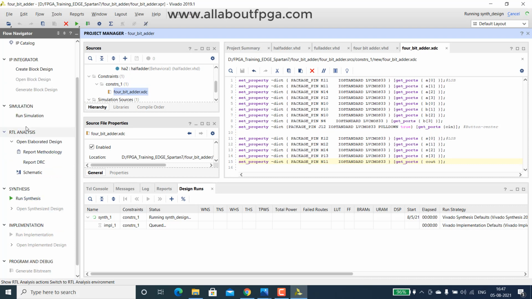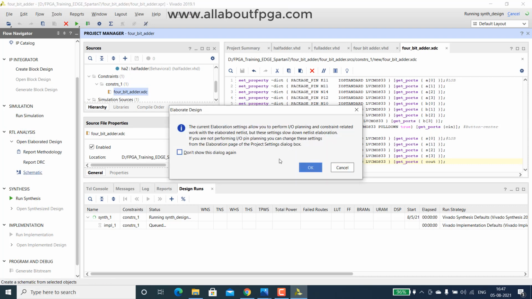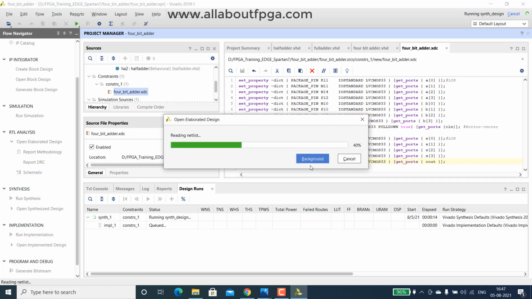Let's click on this schematics to view that under RTL analysis. Click on the schematics. So we can visualize that design that was created.